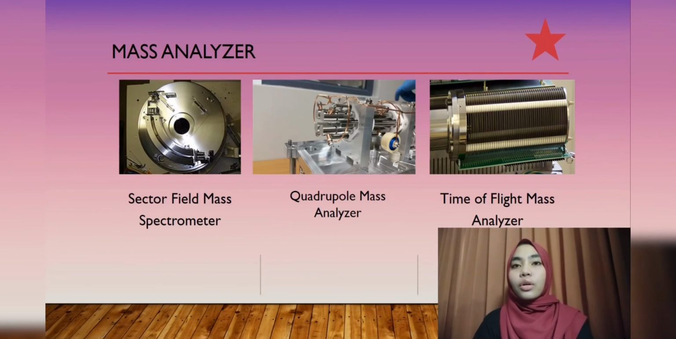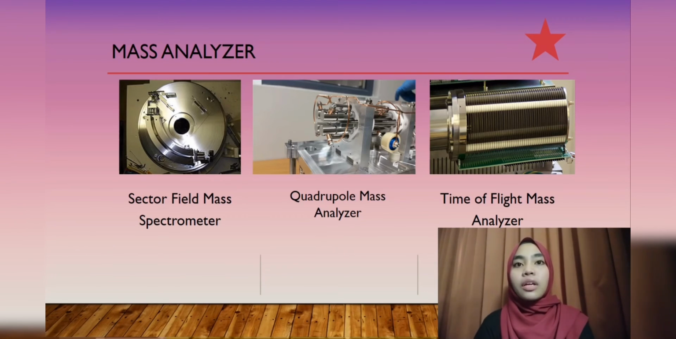The mass analyzer is also one of the basic instrumentation in secondary ion mass spectroscopy. There are generally three basic analyzers available. The sector field mass spectrometer uses a combination of an electrostatic analyzer and a magnetic analyzer to separate the secondary ions by their mass to charge ratio. Whereas the quadrupole mass analyzer will separate the mass by a resonant electric field, which allows only the selected mass